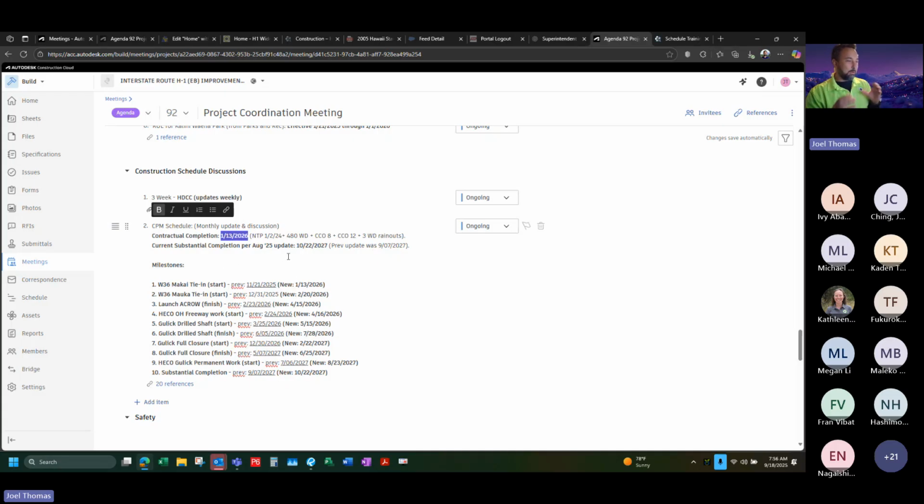And just to keep an accurate record of where we're at, that's the contractual side. Then we have our current substantial completion, which is a pretty big delta from this date. By tracking it this way, I'll say, okay, the previous schedule we were at this date, now we're at this date. And then down below on all of our,